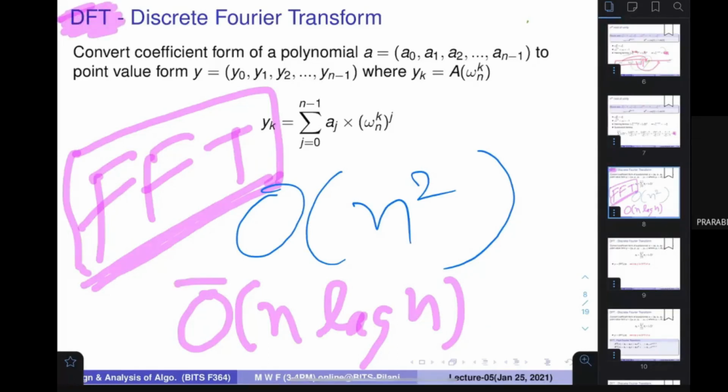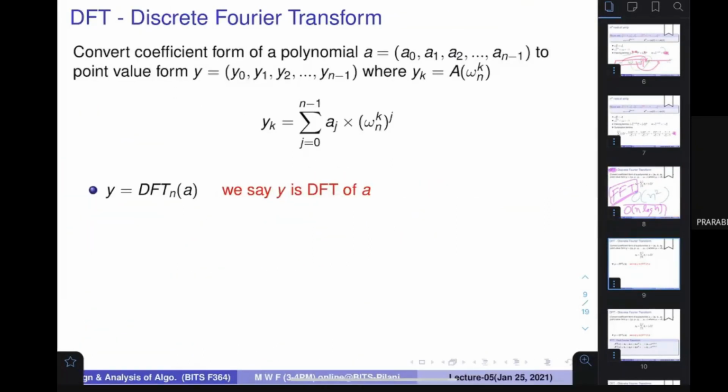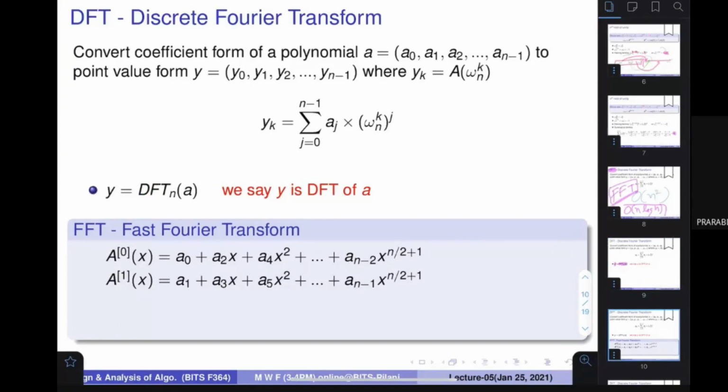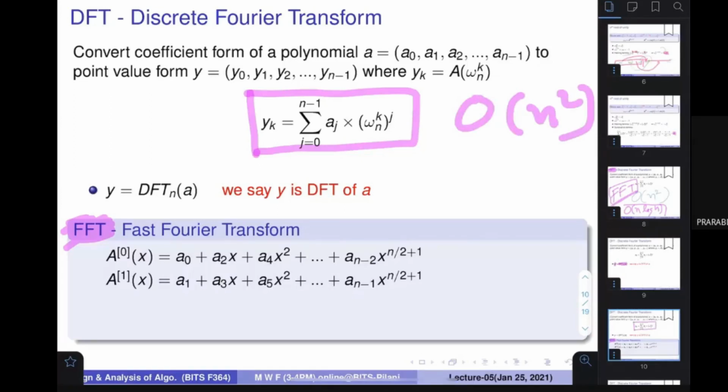Okay, you are very much okay. So given an A, if I say that DFT of A is Y, we say that it is DFT, and fast Fourier transform. Now let us talk about how to find out this. How to find out this is very important. Whatever technique we know takes order of n square. Now I am going to talk about another technique to find out this. Till now we have not discussed anything, and right now I am going to discuss a very important step.